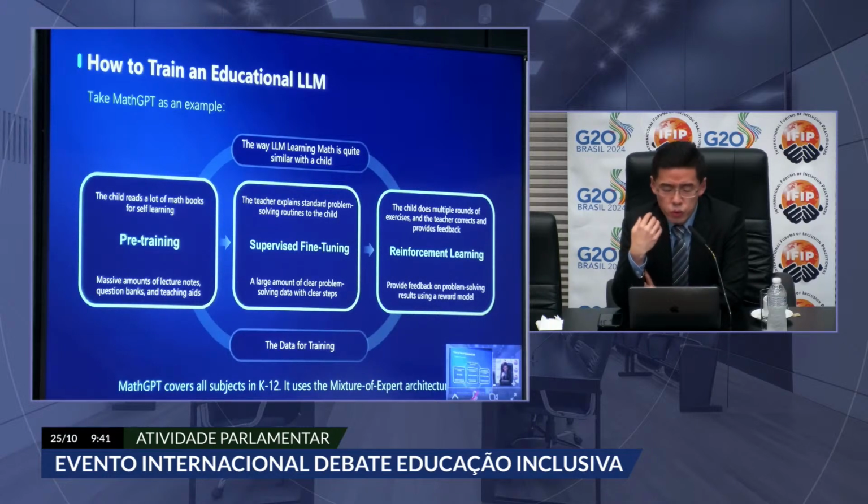So how to train an educational large language model? Let's take the MathGPT example. You know what the interesting part is? The way that the model learns math is quite similar with a child. So, like the pre-training stage, like a child reading a lot of math books himself. So he got deeper understanding of mathematics. Second, the supervised fine-tuning stage, like a math teacher explaining the example questions step by step to a child. So he learned the standard problem-solving routines. Third, the